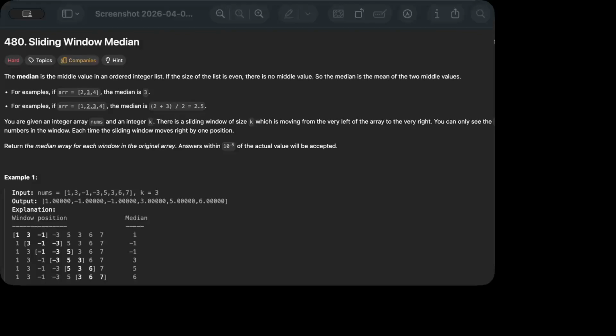So today we are going to see one interesting problem, sliding window median. Hope my screen is visible. So in the sliding window median problem, they have provided a list of nums array and they